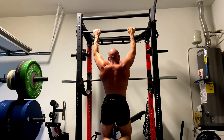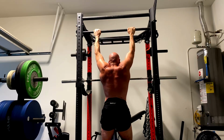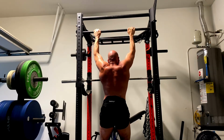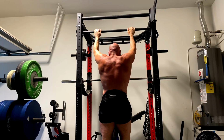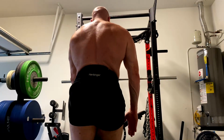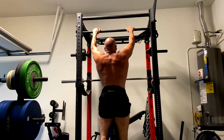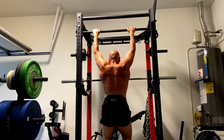Why? Because it's similar to the dead hang exercise, which again can help with the range of motion on the shoulders. Long-term goal, as you can see there, even in a dead hang my hands are in front of my face. They're not over. That is my dead hang. So the thing is, with all of that, lifting under load is really what's going to get us